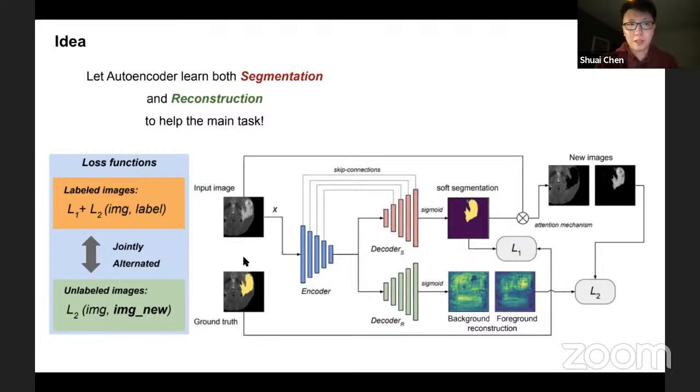It may not be very straightforward, but we should know that before, it was not possible to use the UNet to do the two tasks at the same time, because if we use the UNet to do the reconstruction, it will copy the features from the first layer to the last layer directly without learning anything. That's the problem. If we want the same encoder to learn both features, we have to use it in this way.